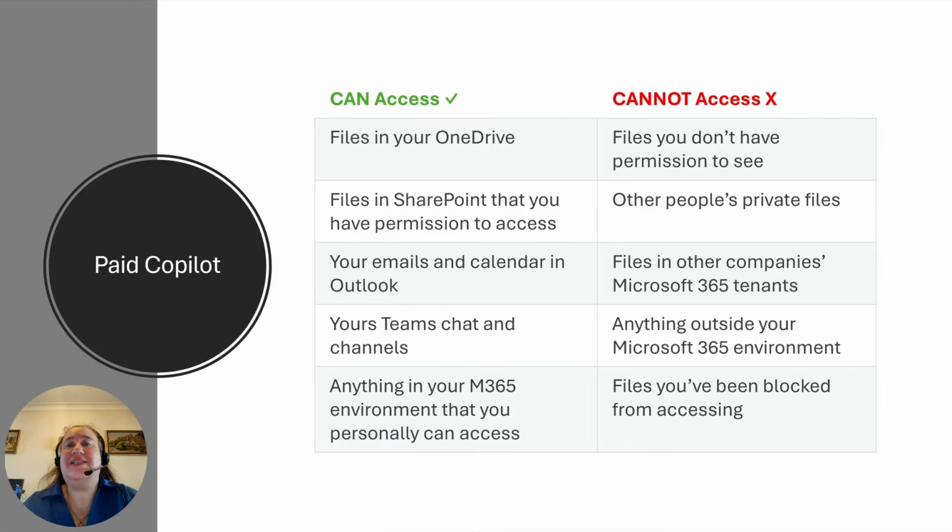What it can't access is files that you don't have permission to see. And that's, again, anywhere in SharePoint. It can't see other people's private files. So it's only your OneDrive, nobody else's. It can't see files in other companies' Microsoft 365 tenants in their locations. It can't see anything outside of your Microsoft environment, and it can't see files you've been blocked from accessing. It can still